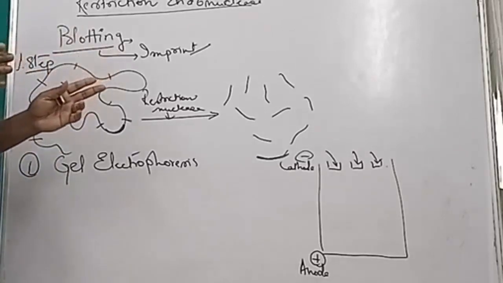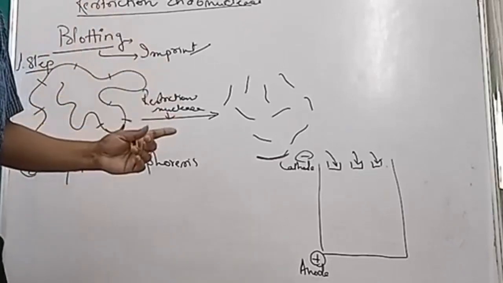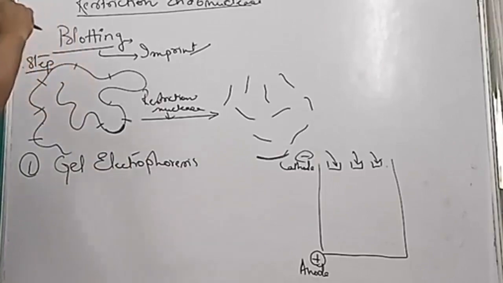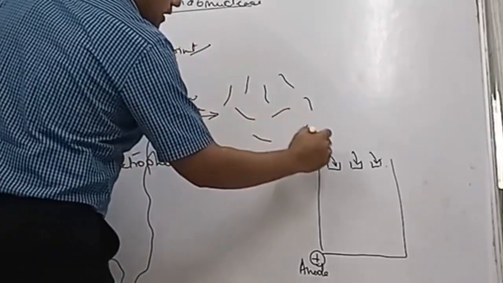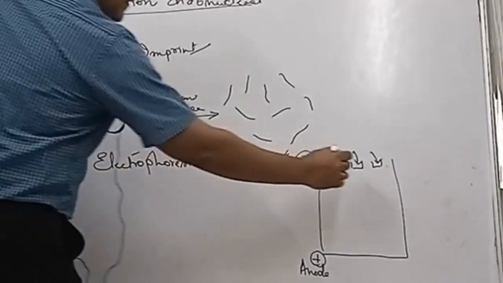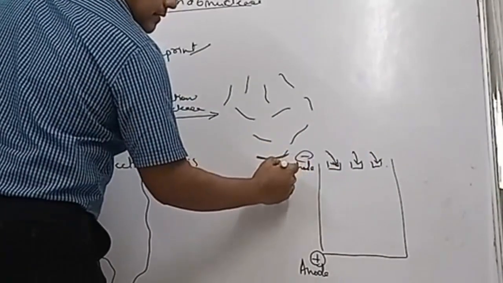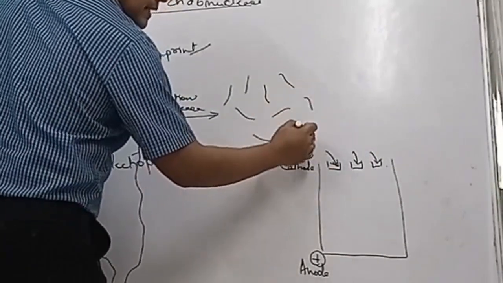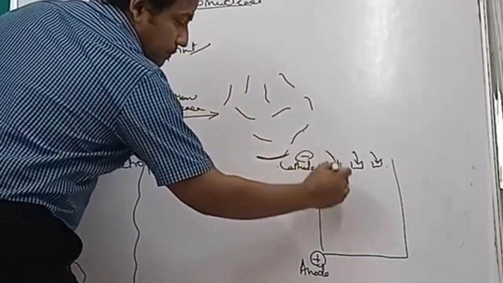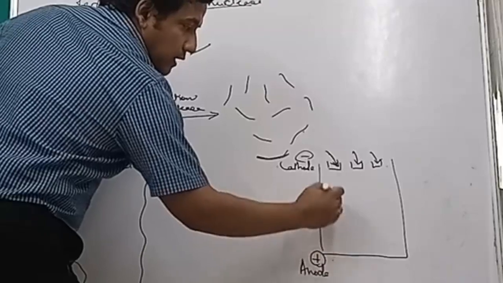And to get higher than 1000 base pairs, say around 2000, 3000 base pairs, up to 20,000 base pairs, I use agarose gel electrophoresis. What we do is keep this DNA fragment and put it in the wells and apply current. As we apply current, the DNAs are negatively charged because of their phosphate backbone, so they start migrating towards the anode.